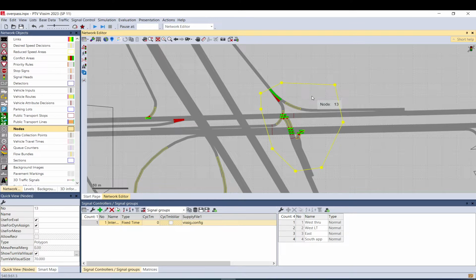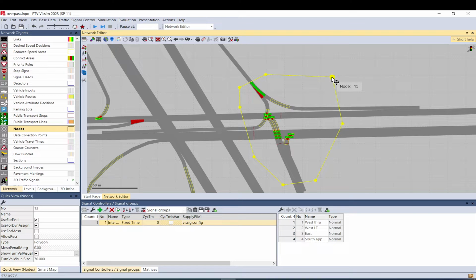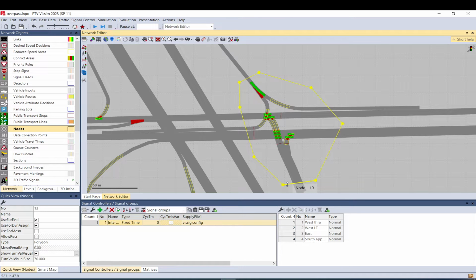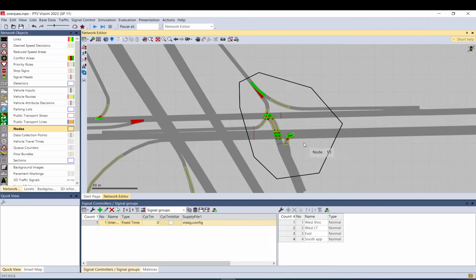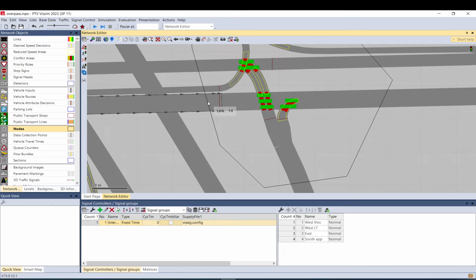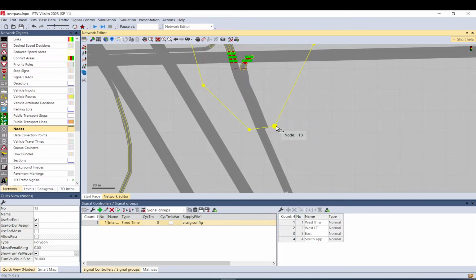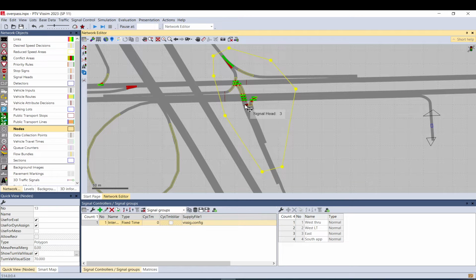So I have already placed the node. What is important here is to make sure that all accesses or all approaches and exits are included, and you will see in the move when we run the evaluation what kind of results it brings, and that will help you to understand what is the best way to place a node. So of course here it doesn't matter, you can just move this all the way up here. It will know that the queue is forming from there,